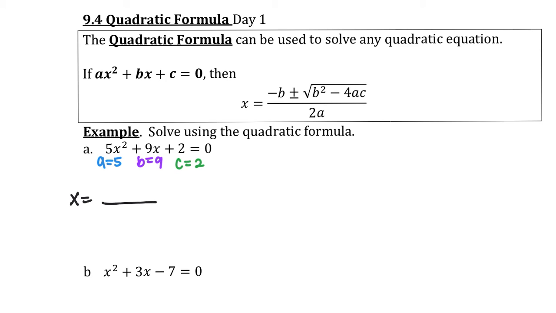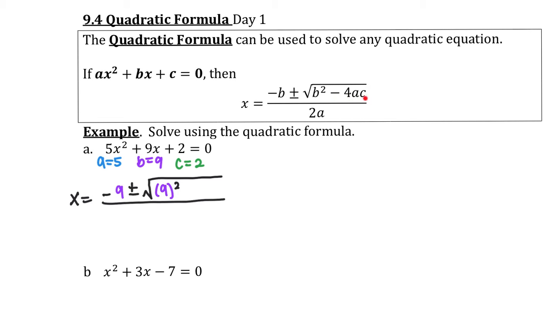and it's a big fraction, so I'm going to make a big fraction also. The first thing says negative b. Let me see what my b value is. My b value is 9, so negative b means negative 9. There's this plus minus, and there's a big radical, so I'm going to copy the radical. Inside the radical, the first thing is b to the second power. What is b? B is 9. So we're going to do 9 to the second power